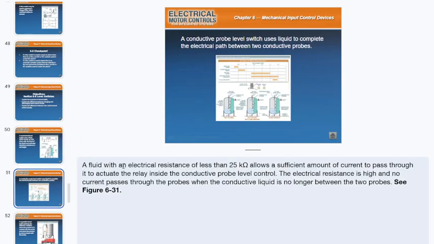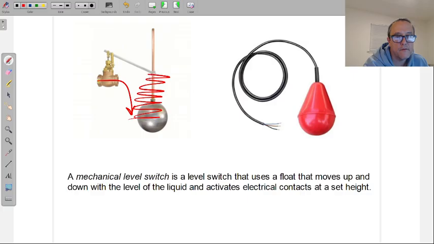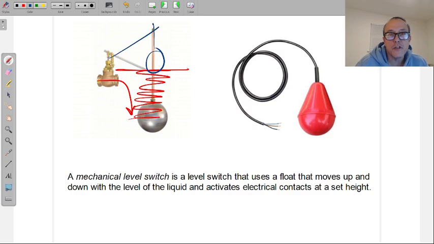So, for example, this one here, the one on the left. Right, you'll have, let's say, water coming into the tank. Tank's starting to get full. By the time it's full, that little ball right there is sitting up here. This lever is up, and the water is shut off